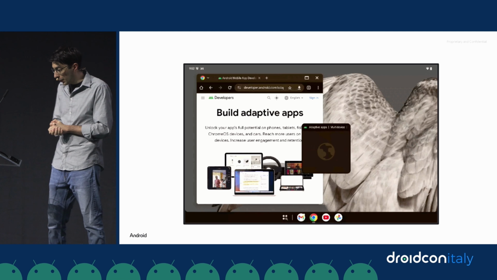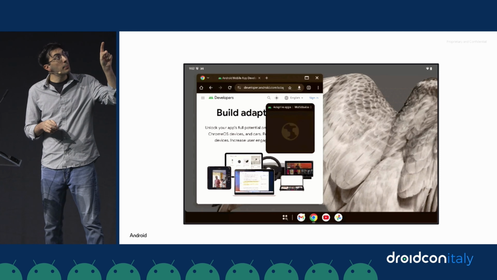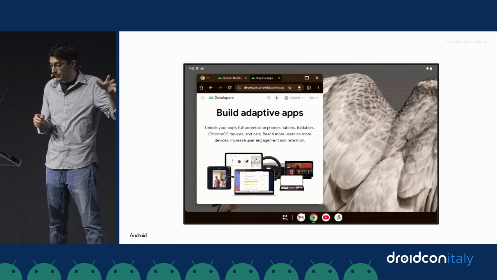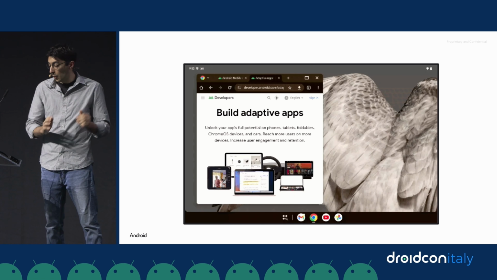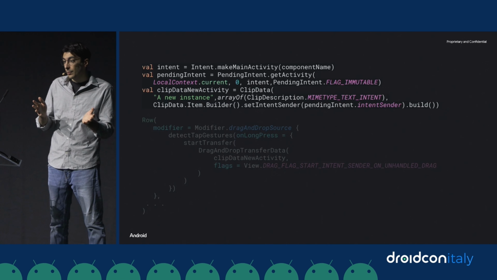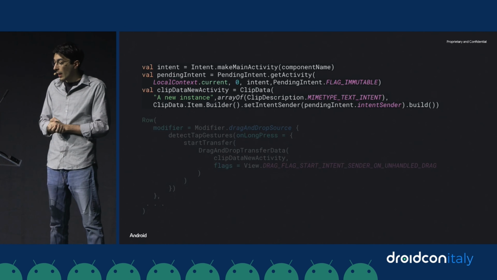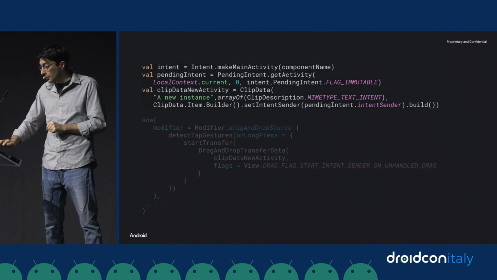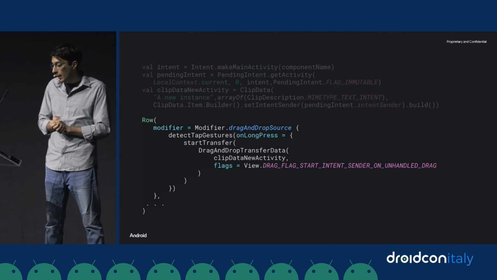Chrome on desktop windowing allows you to drag a tab out of the app window and it will open a new instance of the app. The code is very similar to the drag and drop we already saw. There are a few differences. In the clip data, you need to add the intent of the activity that you want to start. And in the drag and drop part, you need to use this new flag introduced with SDK 35,